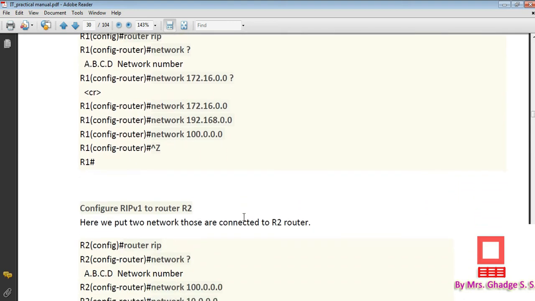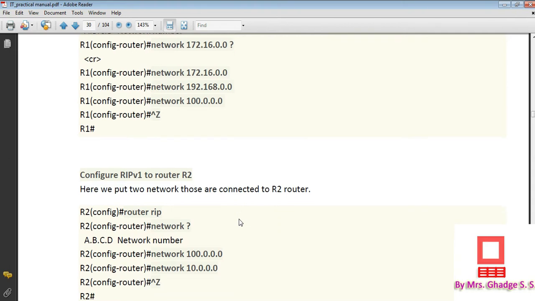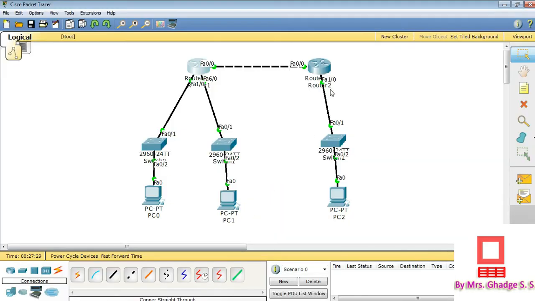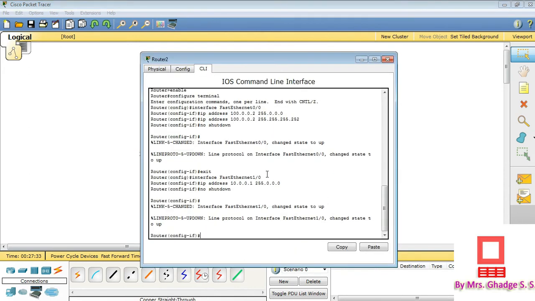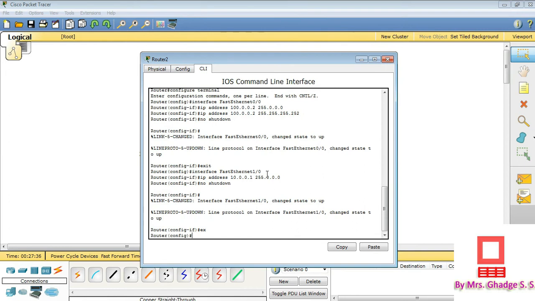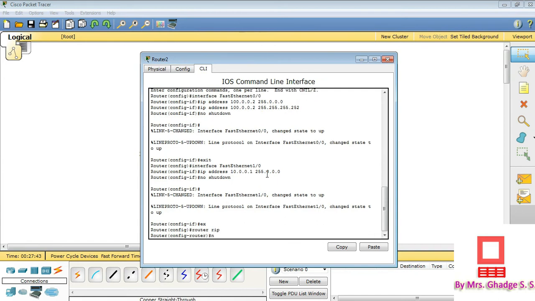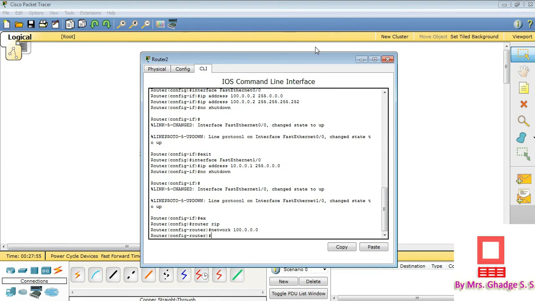Then we have to follow similar steps for the second router, that is router R2. Just click on router R2, go to CLI, exit the interface, then write the first command, that is router RIP, press enter and write network, the first network which is directly connected to the second router, 100.0.0.0.